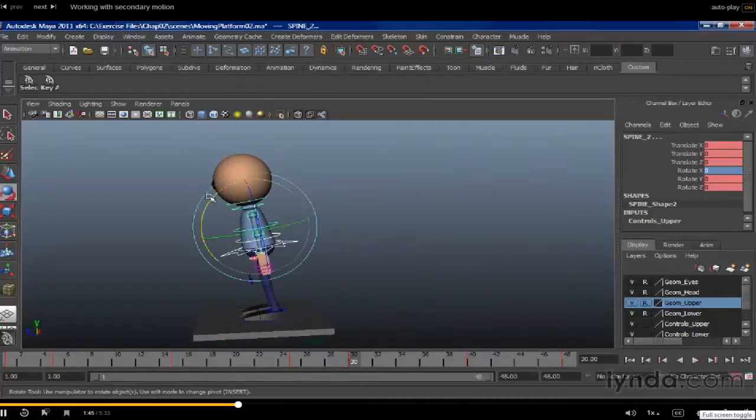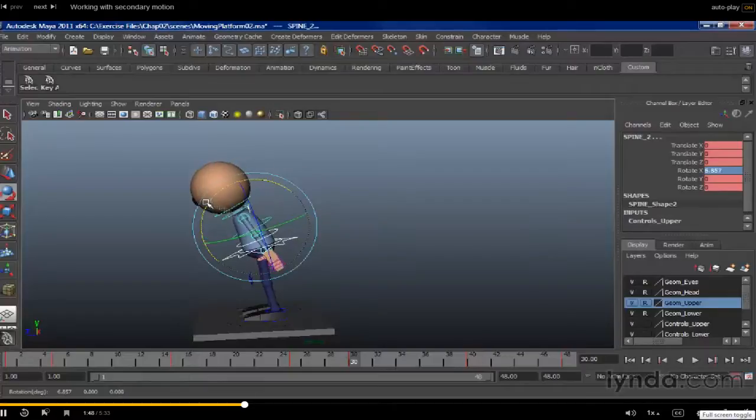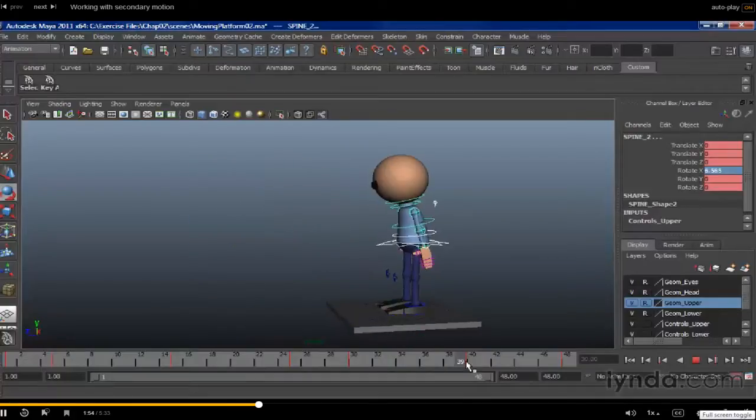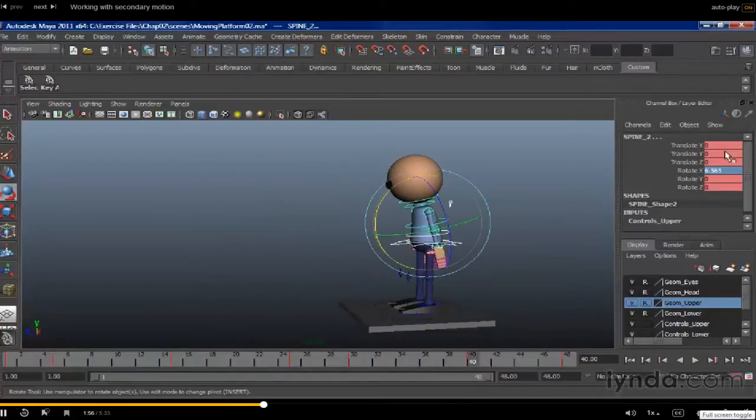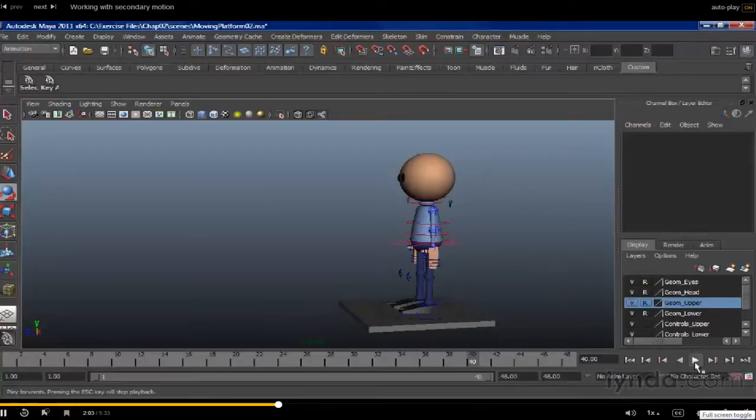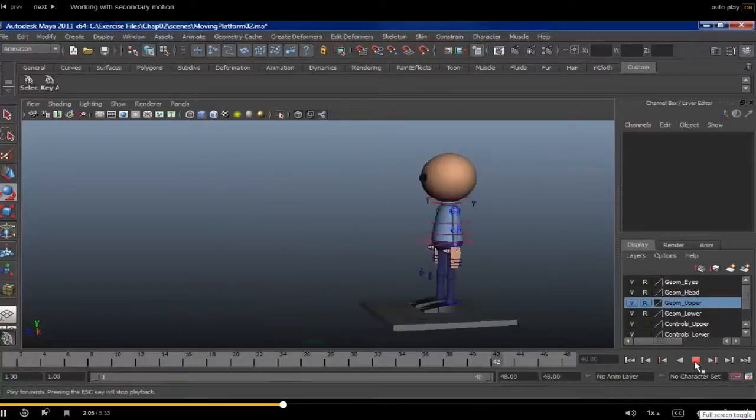Now remember, the spine bends a little bit more forward than it does back, so we can give him a little bit more extension this way. And then again, he's going to straighten up. And let's just go to frame 40 and straighten him up, and I'm going to type 0 for his rotation. So now I've got a little bit more